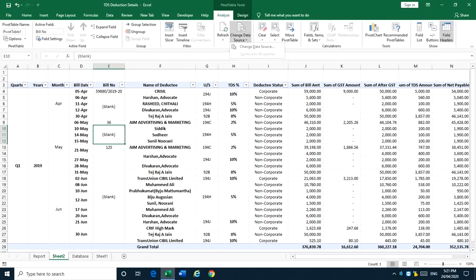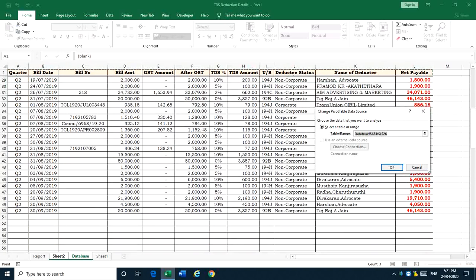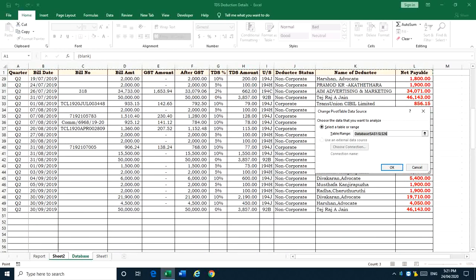See, now this report has selected data up to row number 26, but presently we have data up to row number 50. So click on the table range, change the row number 26 to 500, then OK.